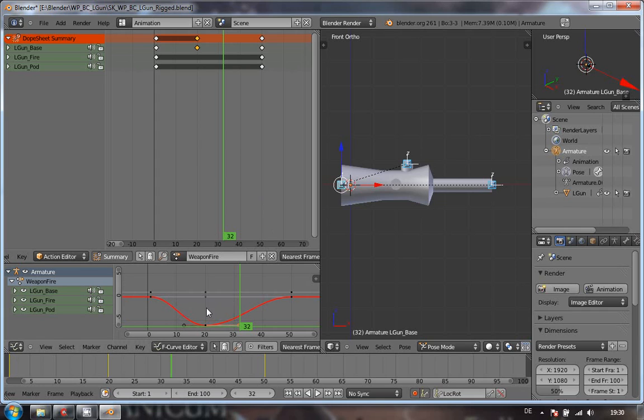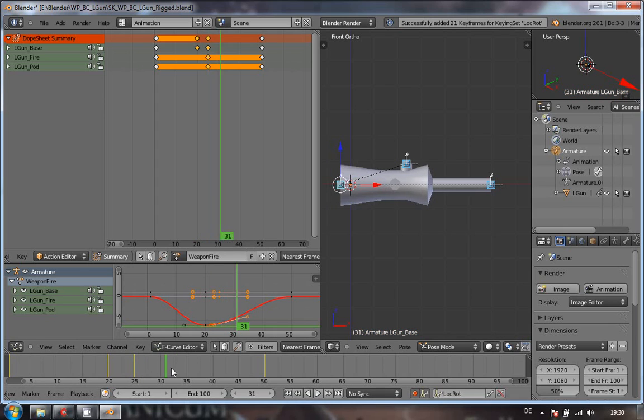Right. So now what we have is at frame 20 it's jerked back and it goes slowly back to the rest position. Now if you've ever fired a weapon, that's sort of what happens. Now we want something a little bit more obvious. So it jumps back and we want something like a little reload, like the next round being put into the barrel. So what we're going to do is go to frame 25,